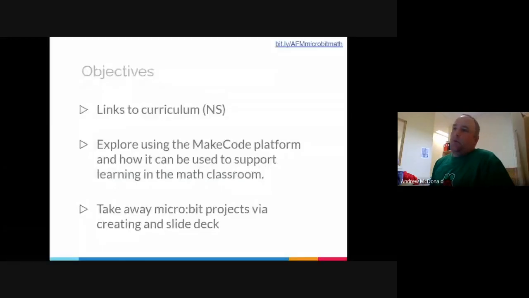So in terms of what I'd like to do for today's workshop is look at a few links to curriculum in Nova Scotia and how you might be able to use the Microbit in there. And I guess specifically in terms of math, but we know with coding, and some of you have probably done some coding workshops over the last few days of this wonderful conference, coding can really be incorporated in any type of